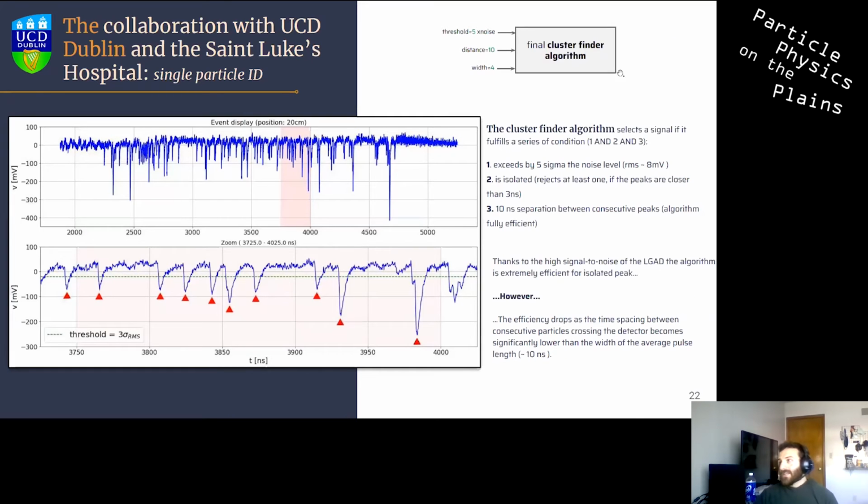So if you want to take a closer look at the cluster finder algorithm, you have an event monitor after the data smoothing, and you see that I zoom in on this red area over here, and I just highlighted all the peaks that were recognized as a particle passing through the detector by the algorithm. Now, to be accepted as a pulse, as a particle,